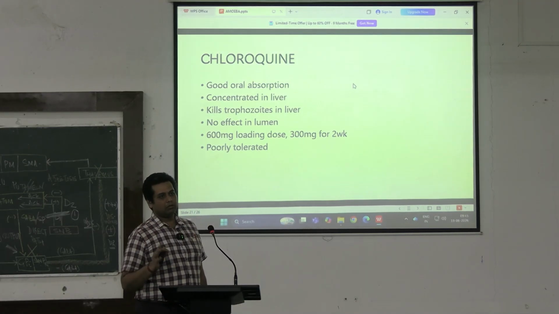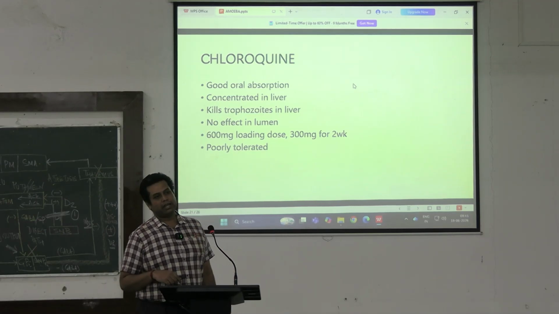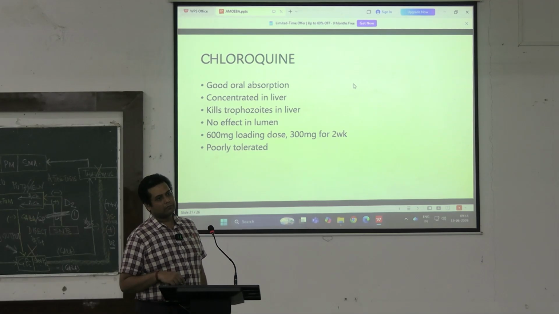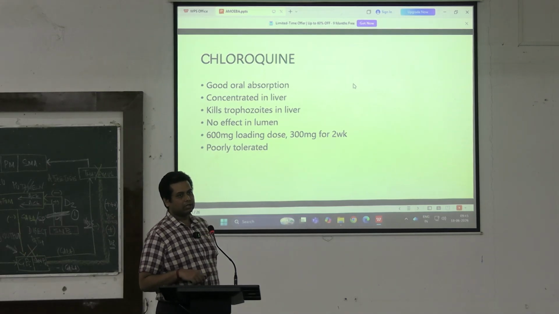Retinopathy happens in chloroquine after prolonged use, ঠিক আছে। আর কি হয়, highly emetic drug, causes vomiting, ঠিক আছে।